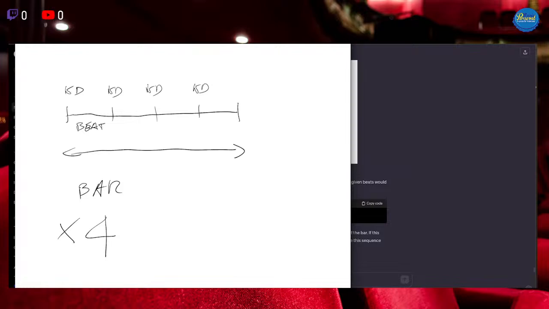With 4 4 we simply want to mean that we want this sequence repeated 4 times.